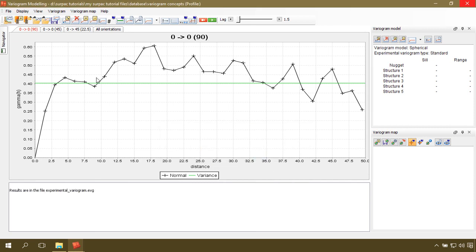Apply, and it will go into my work directory. So in the message window, when the file is saved, it will appear experimental variogram.evg. The EVG is the file extension for experimental variogram. Okay, so now let's look at some of the things that we can do after we have created our